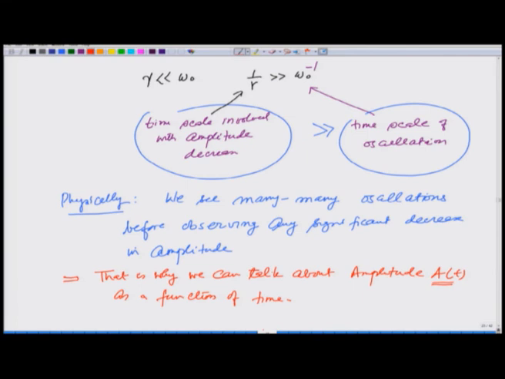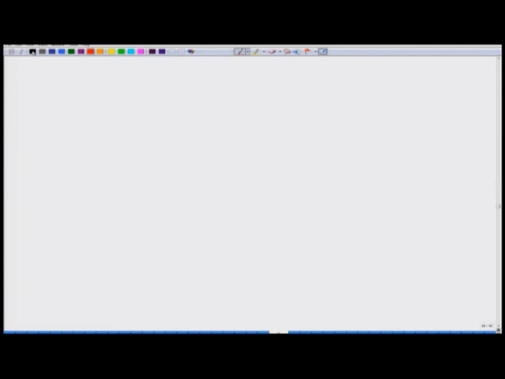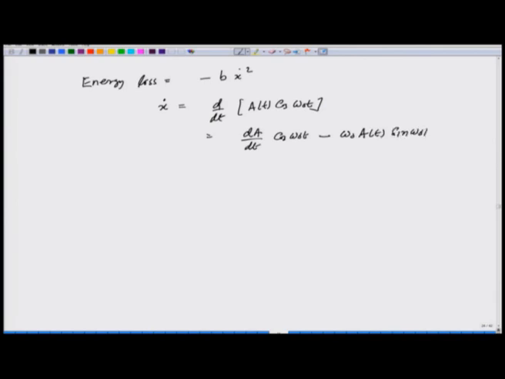So, now let us go back to our mathematics, and what we had said that energy loss is equal to minus B x dot square, and x dot I had calculated 2 slides back was d by dt of A t cosine of omega 0 t, which is dA by dt cosine of omega 0 t minus omega 0 A t sine of omega 0 t, and with whatever I discussed just over the last slide, I am going to neglect this term,